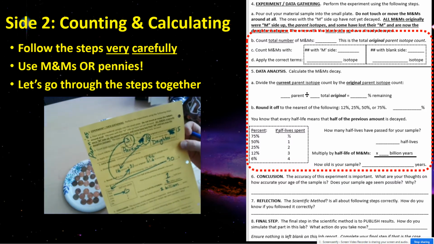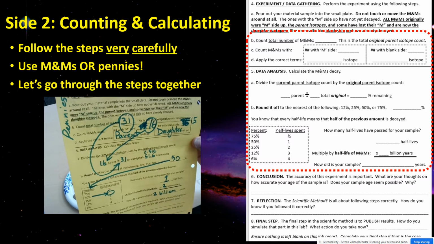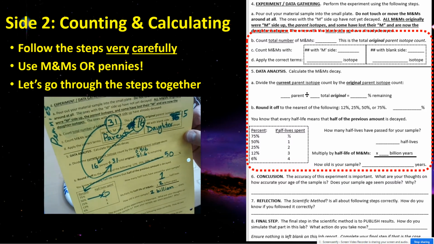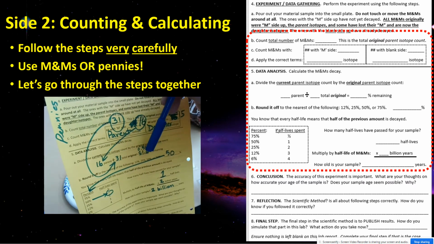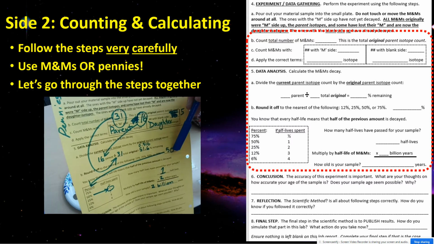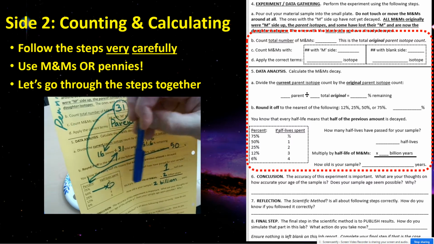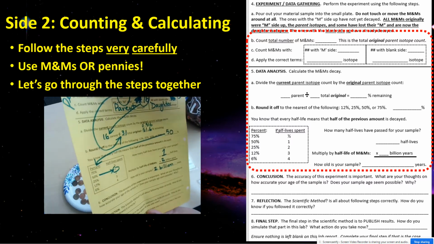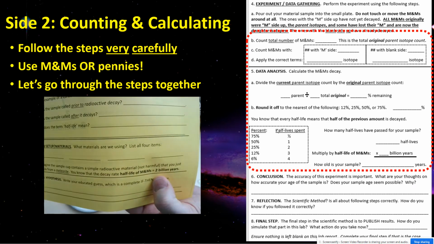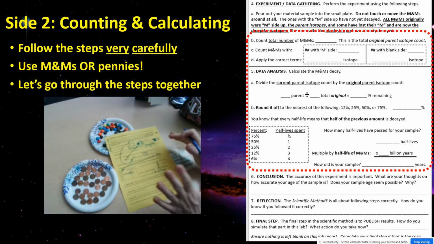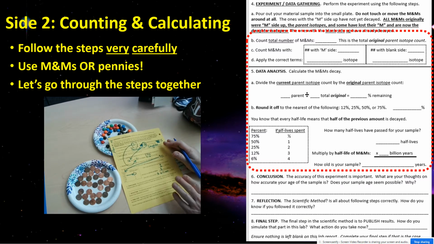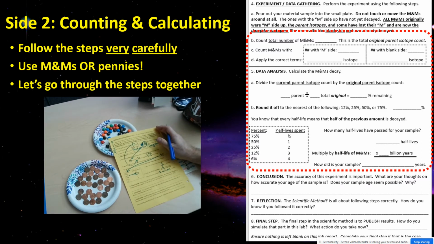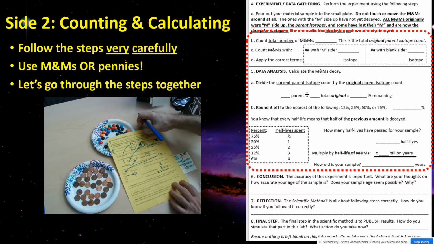Now, quick check. Did I do the math right? I double-checked my counting and caught my mistakes. So yes, I believe I did it right. My calculator calculated that correctly. I rounded it correctly. I got the correct number of half-lives, and I multiplied it by a known quantity. So my science is solid. Okay? All right. I'm going to set this aside just for a second